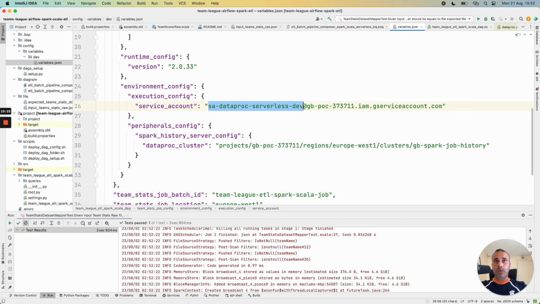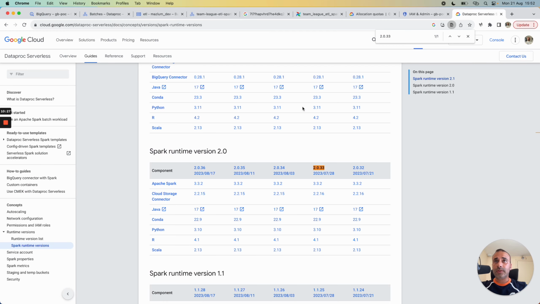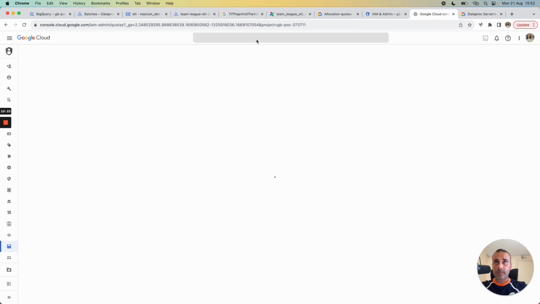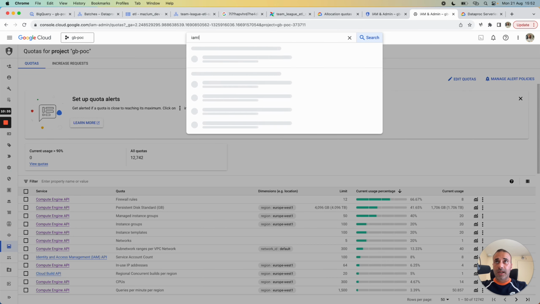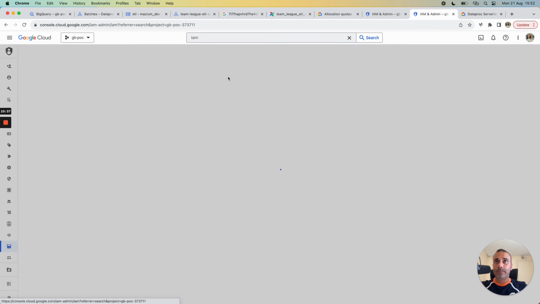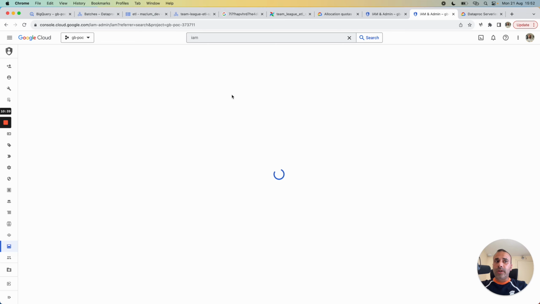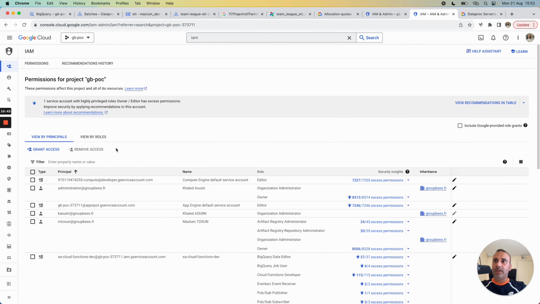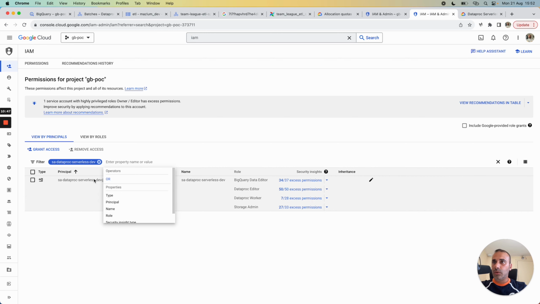I can show this service account, for example. If I duplicate this tab here, I can go in the IAM page, and I created a dedicated service account with the needed privileges to launch the Dataproc serverless job.